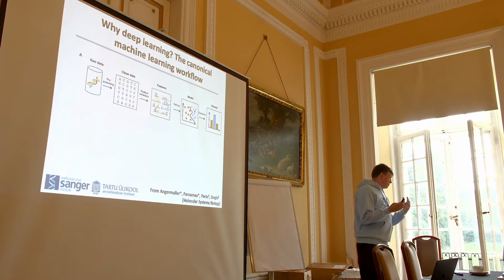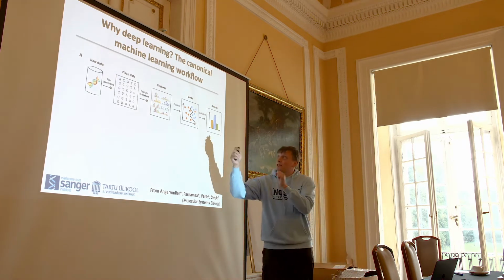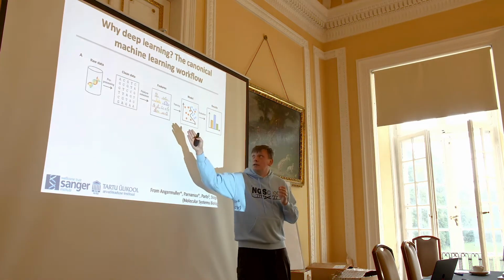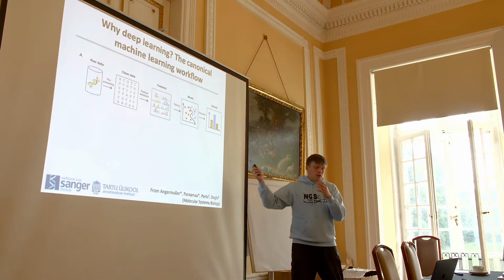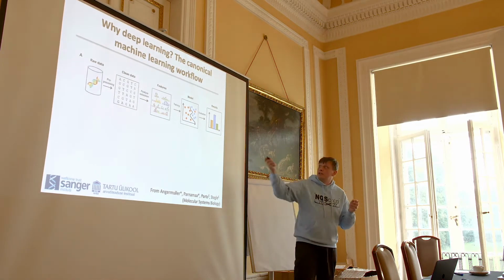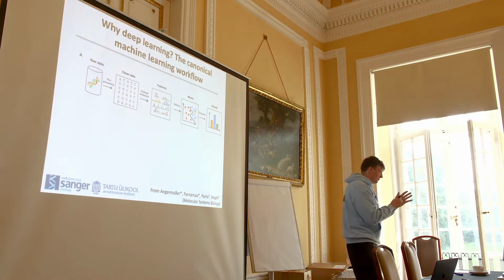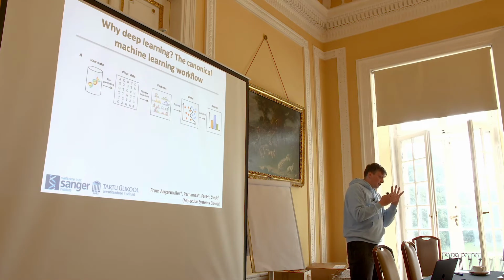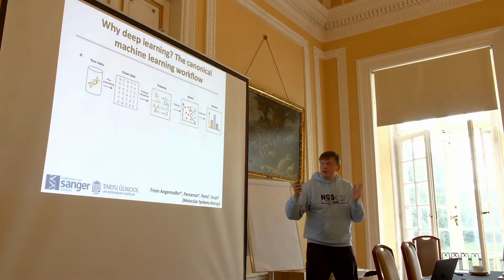Then usually the modeling takes place not in the raw data space, but in the feature space. So from the clean raw data, you extract something that you think is relevant for the problem, and you get a better matrix. For example, that can be motif hits in a sequence. And then you have a model that tries to fit something. In this case, for example, the target is having a red or a blue property, and the feature space can have a good separator of those properties. Then we have a fit model, you can evaluate it and get results.